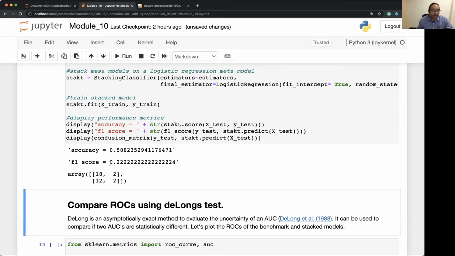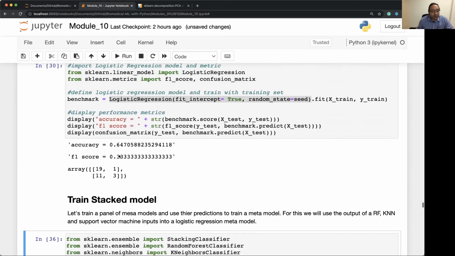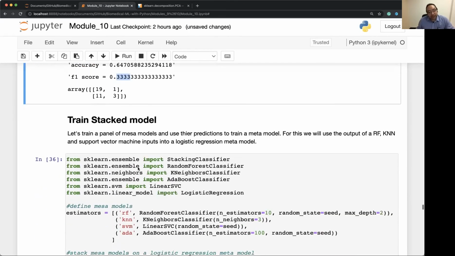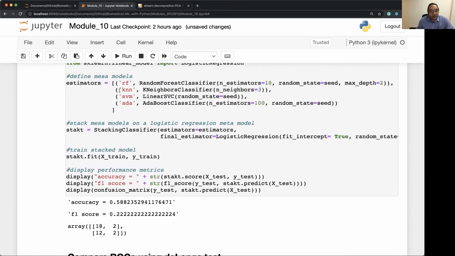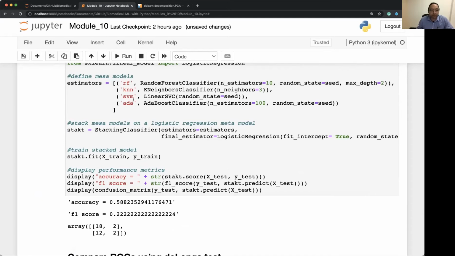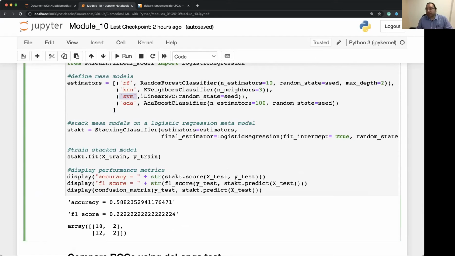So the F1 score went down. Actually, this performed worse. Well, it is what it is then. And I know why. It's performing worse because some of these models are really crappy, right? And in this logistic regression scheme, I'm insisting that it considers what each one of these models is saying. And so it has to make compromises to satisfy everyone. And when you have one that doesn't know what they're talking about, and yet you have to include them in the decision making,